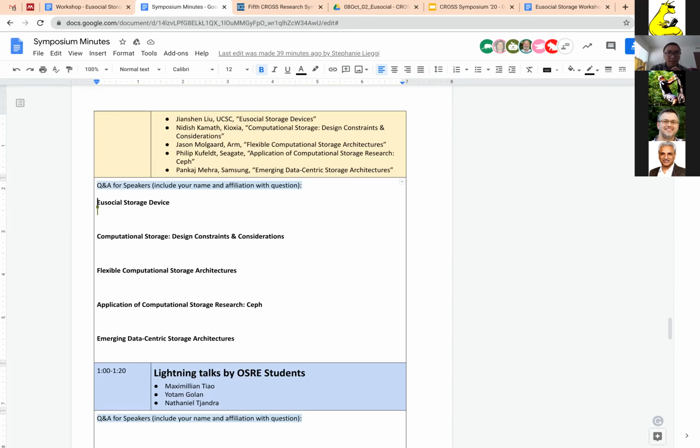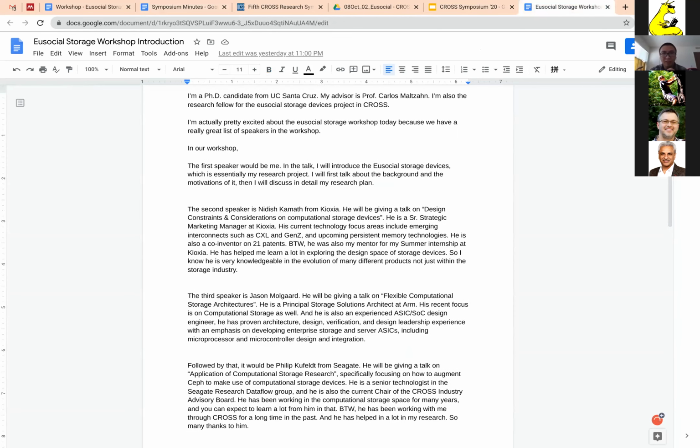Okay. And so the next speaker would be Nidish Kamath from Kioxia, and he will be giving a talk on design constraints and considerations on computational storage devices. He is a senior strategic marketing manager at Kioxia, and his current technology focus areas include emerging interconnects such as CXL and Gen-Z, and he is also a co-inventor on 21 patents.